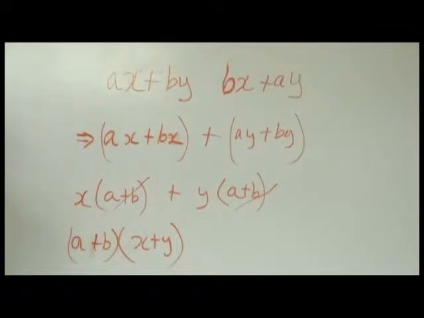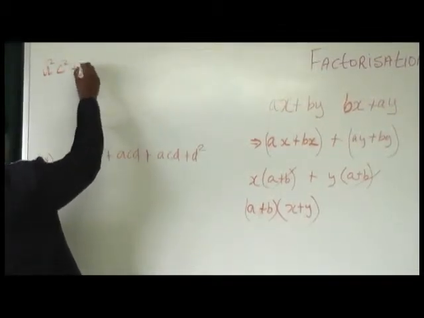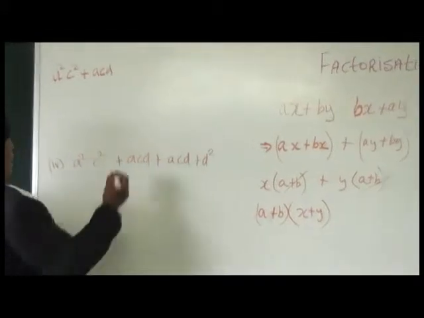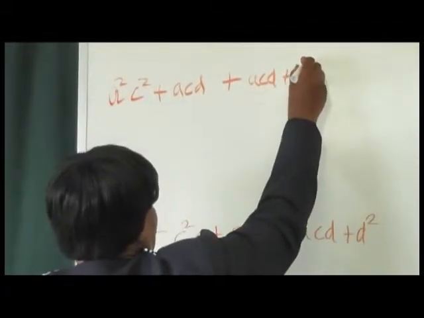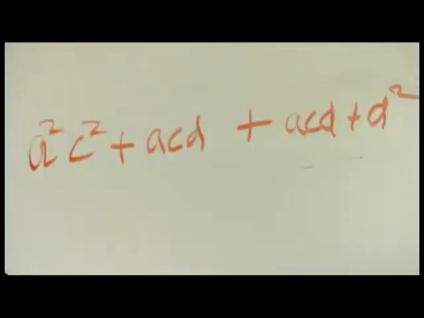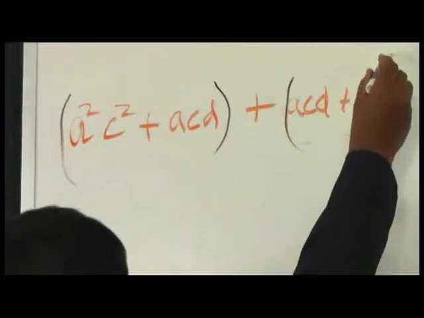Now, just giving you a little time to copy down, because you may say, oh, Miss Western, don't erase that yet because I don't have everything. Now look at what we have here. We have a squared c squared plus acd plus acd plus d squared. Again, we would be grouping in groups of 2s, and putting in our brackets. So we have a bracket here, a bracket here, a bracket here, and a bracket here.